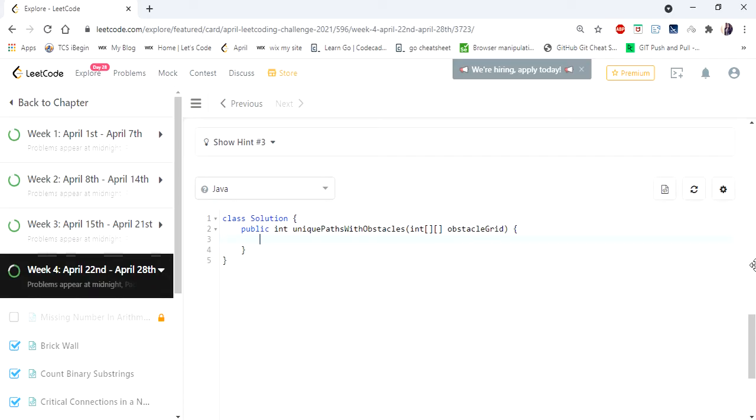So as I said, I'm going to declare a variable size, and a DP array of size the given matrix columns. So now my DP of 0 is going to be 1 always.